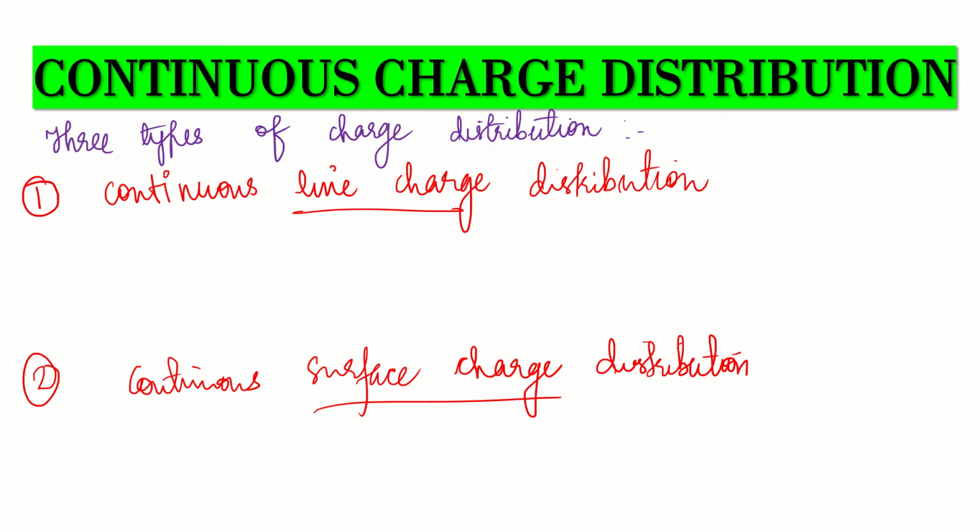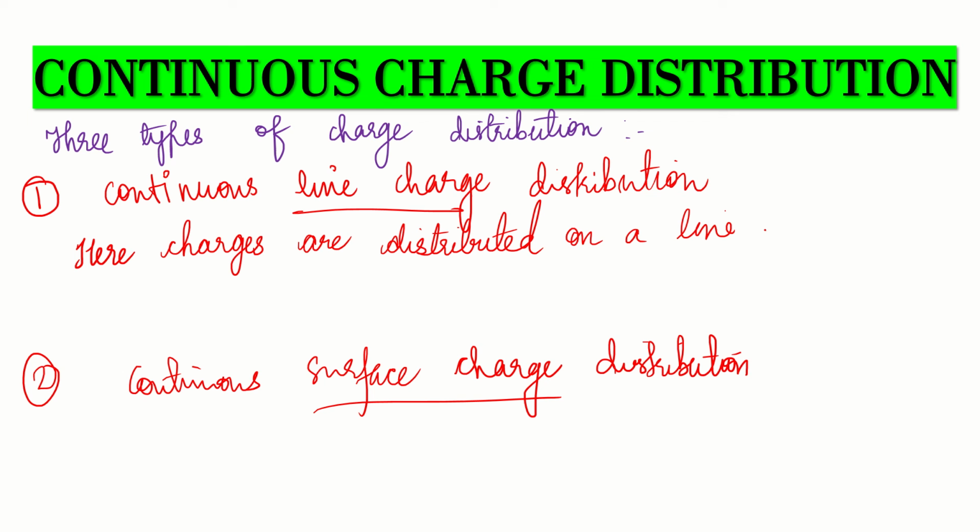Here charges are distributed on a line. Continuous line charge distribution is the first one, and here the charges are distributed on a line, and